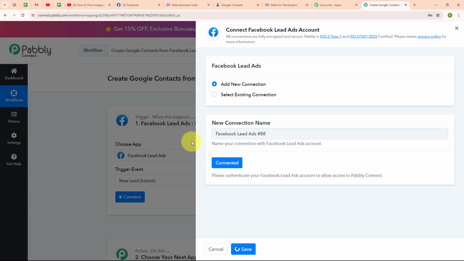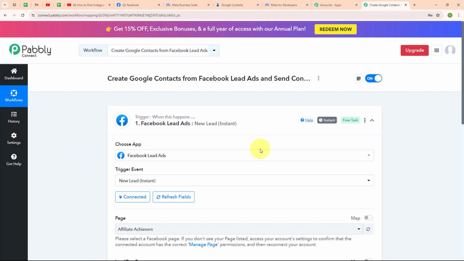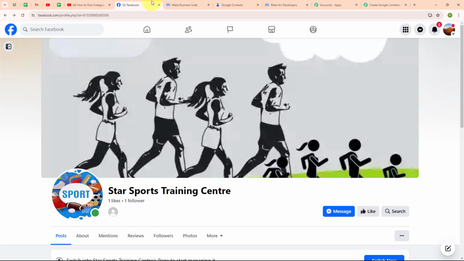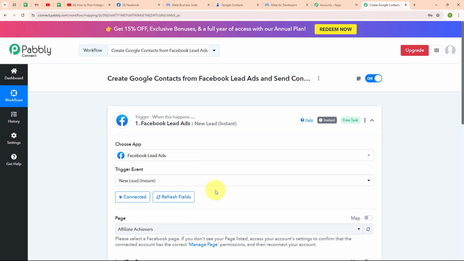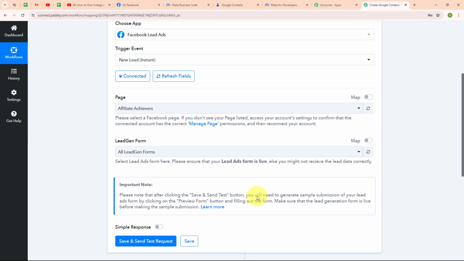And here you can see authorization successful. So here it easily got connected because I was already logged in my Facebook account. So here to build an easy connection, make sure you're already logged in your Facebook account. So moving back to Pabbly's window, and now here after building a successful connection, moving forward,